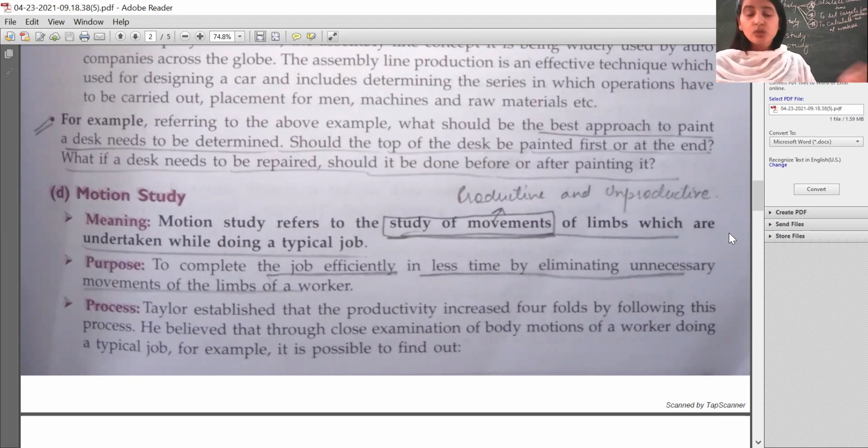Got it? So this is how a manager or a supervisor can study whether this movement is required or not required. I think this is a wasteful movement. This movement was not required. What else we can do? We can make new water points in all the departments. So whenever a worker feels like going and drinking water, he can go outside the department, drink water and come back. So how much time we are going to save with this?